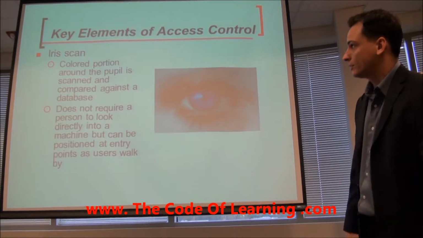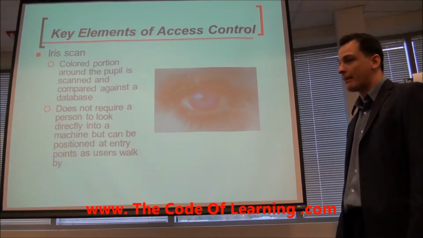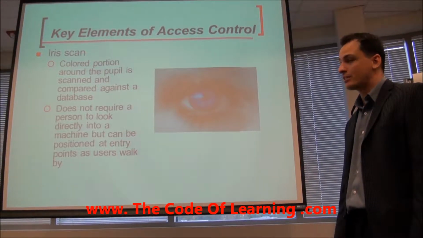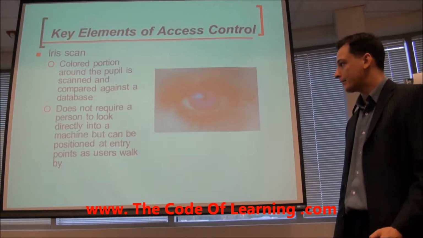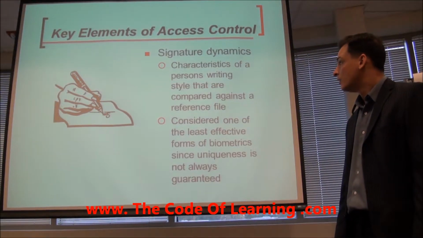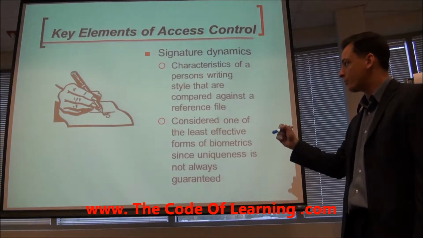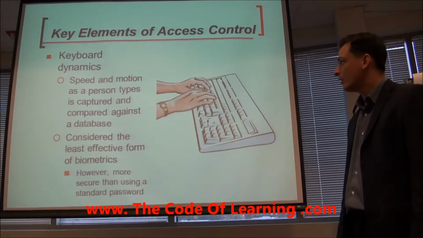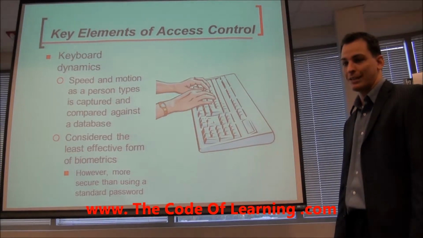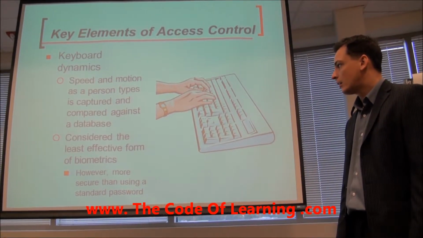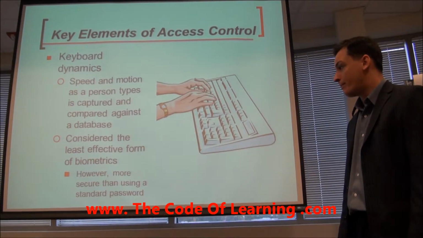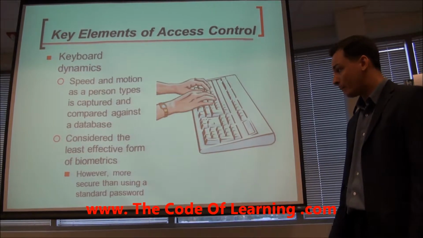Iris scan. It's the color portion of the eye. Irises are colorful. Eyes are colorful. So iris scan must measure the colors around the eye. Signature dynamics. That's an easy one. That's writing style. Keyboard dynamics. That's easy. How fast you type. What does that look like? This is considered the least effective, but it's more secure than a